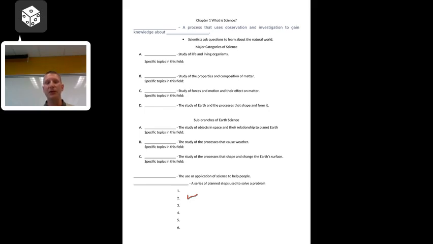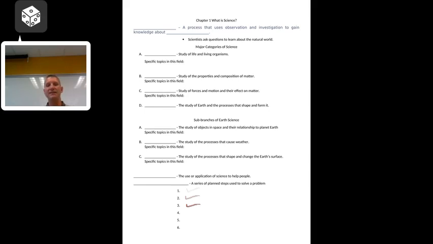Now, for the labs that we're going to do, I am normally going to provide that extra bit of information that you may need. But if you're conducting an experiment from scratch, that's where you're going to go to the library or go to the internet and do some research on your own. So step 1, state the problem. Step 2, you're going to gather information or research. Step 3 then is where you're going to form your hypothesis,